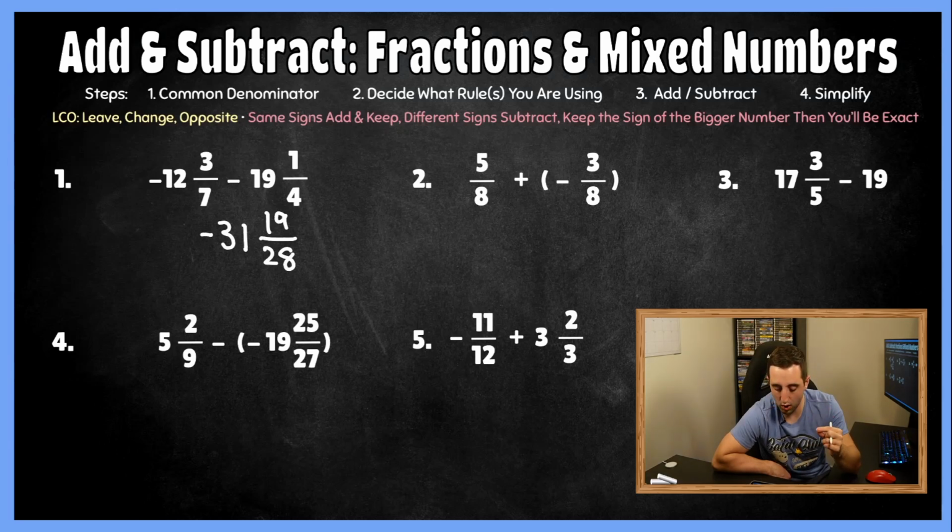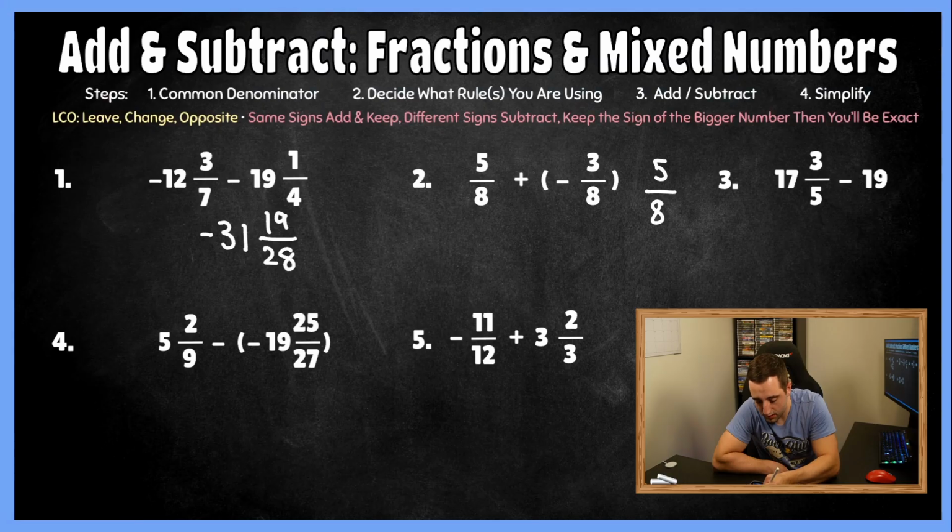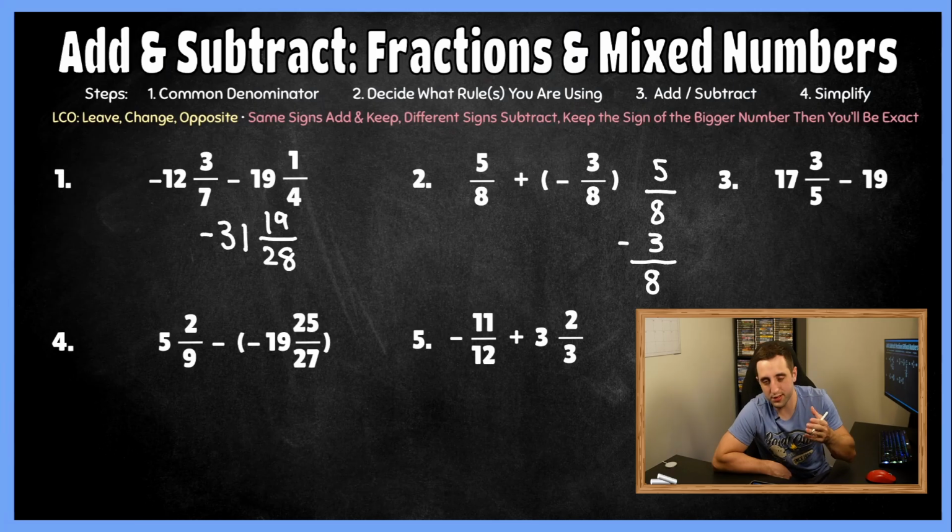Well, 5/8 is positive and 3/8 is negative. So we're going to use the second half of the rule, and it says different signs subtract. So let's go ahead and subtract these. We have 5/8 minus 3/8, and I'm always just writing this vertically because I just want students to get in the habit of doing so, especially when it comes to mixed numbers. So 5 minus 3 is going to give us 2 in our numerator,